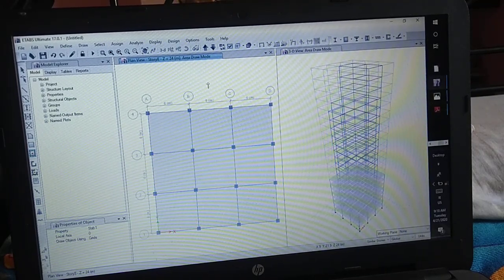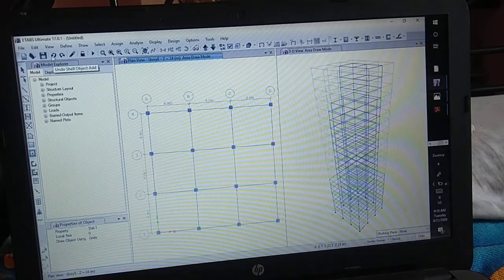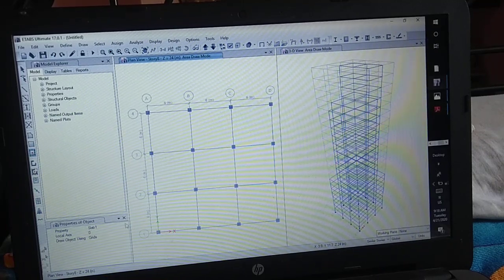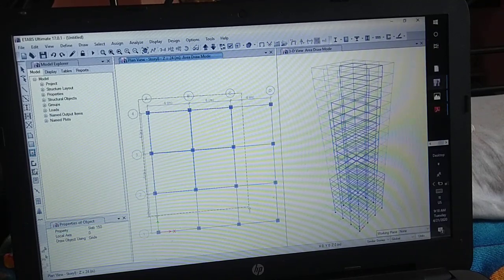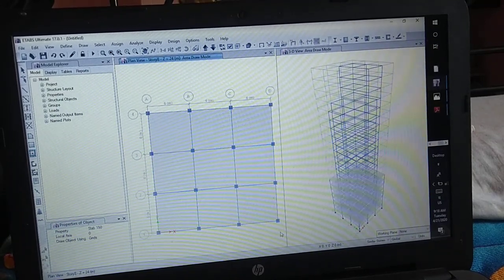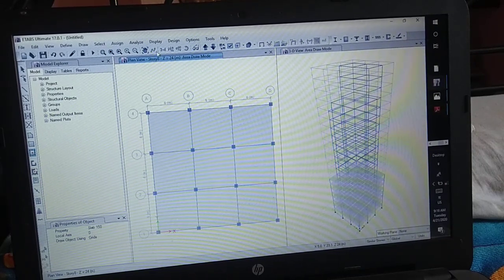Then undo it. Make sure that you have changed the property of slab to Slab 150. Then draw the slabs.